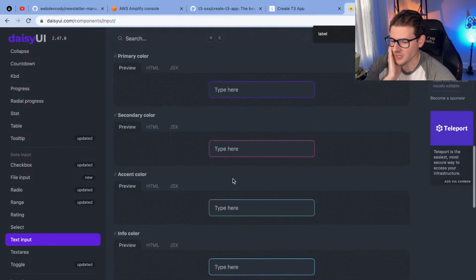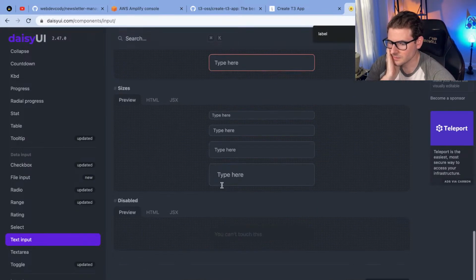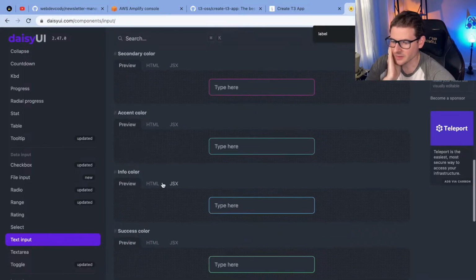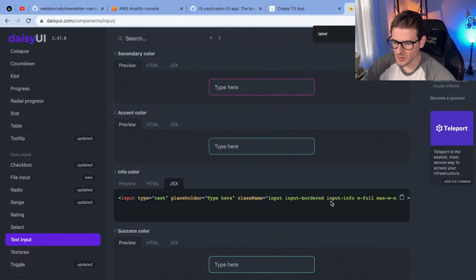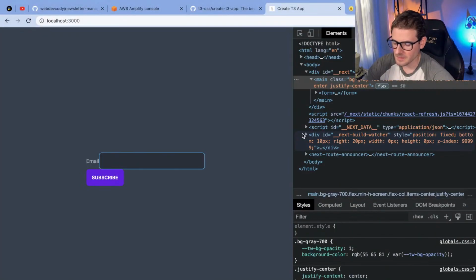I don't think they have examples of labels here. Ooh, I can give it an accent color. Let's do input bordered, input info. That looks nice. Let's try that. Input bordered, input info.